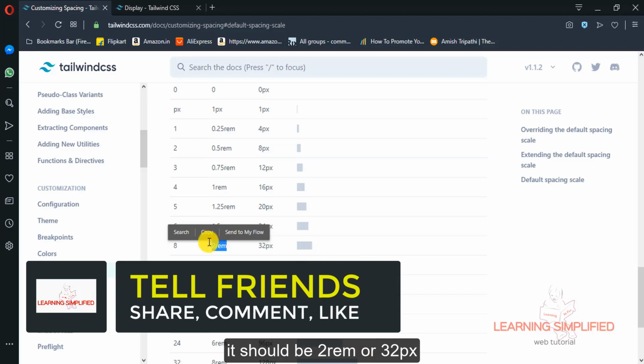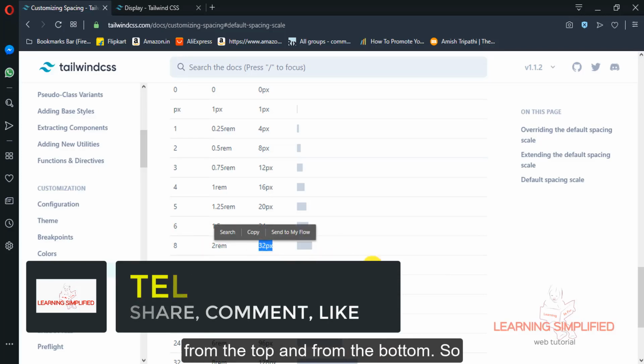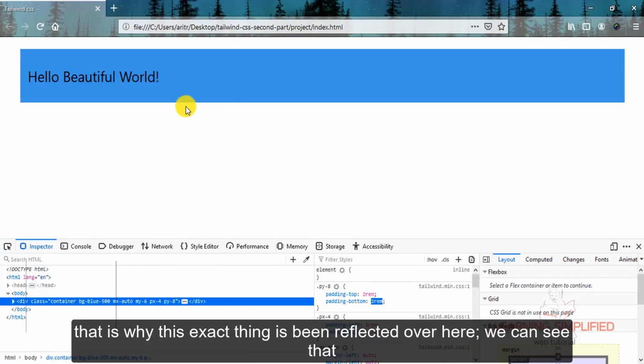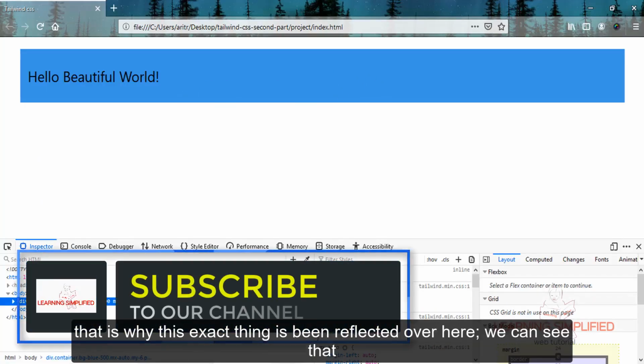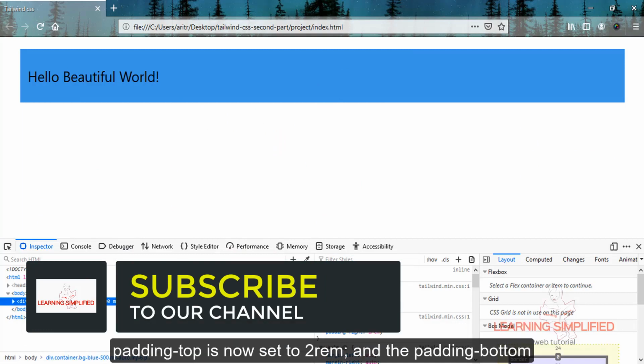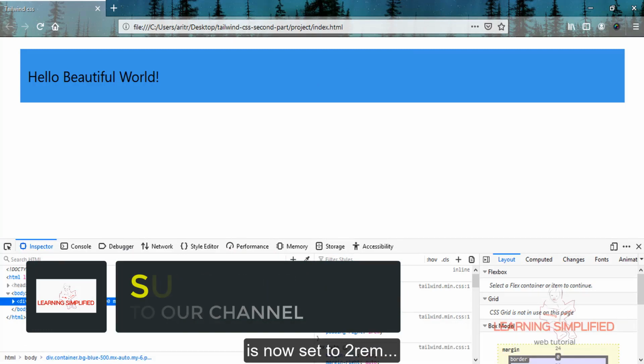It should be 2 rem or 32 pixels from the top and from the bottom. So that is why this exact thing is reflected over here. We can see that padding top is now set to 2 rem and the padding bottom is now set to 2 rem.